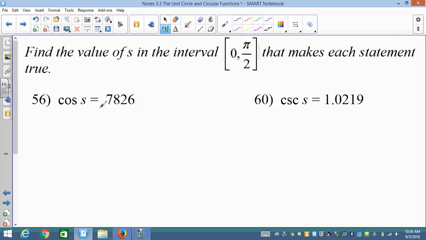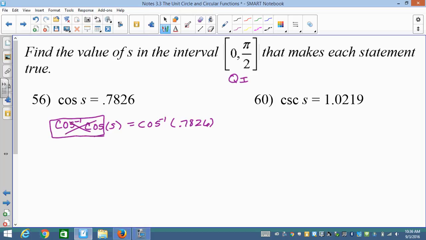So they're giving you just two examples. Find the value of s in the interval of 0 to pi over 2, so in quadrant 1, that makes these statements true. So remember, this is the ones where you go, okay, so it's arc cosine of the cosine of s equals the arc cosine of 0.7826. This cancels each other out because they're inverse functions, and you're left with s equals the arc cosine of